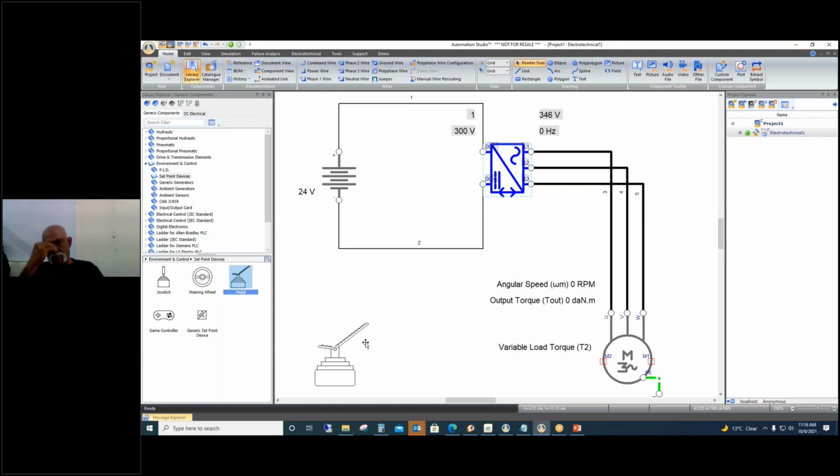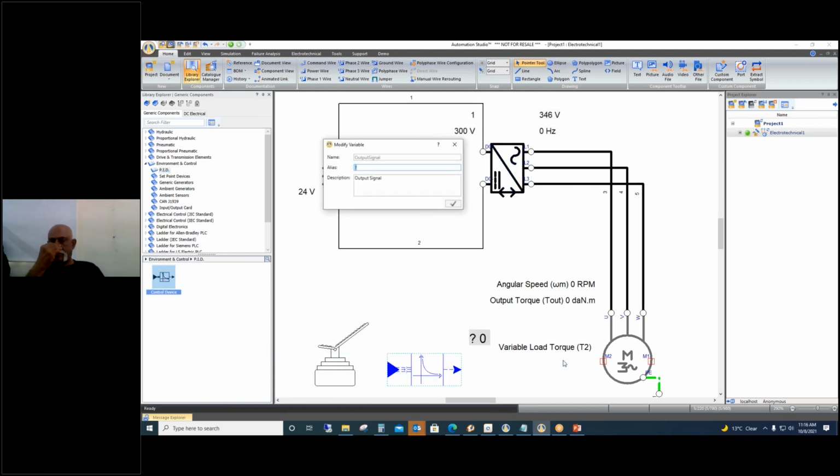So right now we have taken this pedal and we are varying the frequency of this rectifier. So it will be from 0 to 50. The next thing is we want to vary the line voltage depending upon the frequency that we are giving. For doing that, we can take a PID control device. In this PID control device, you can write an equation. The output signal, I will name it as VL because the output will be line voltage VL.